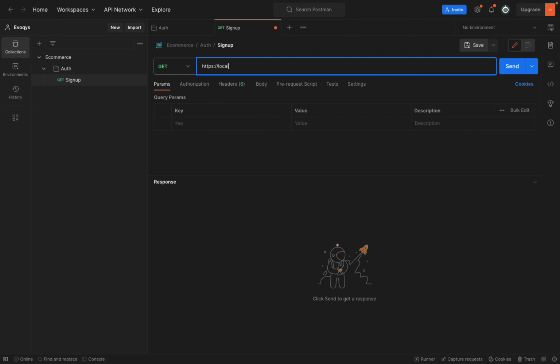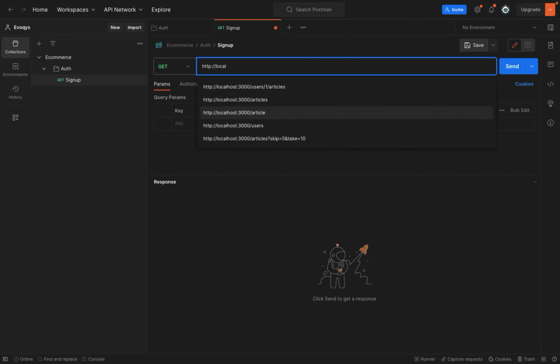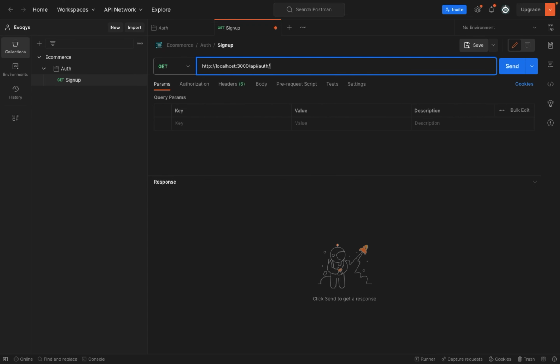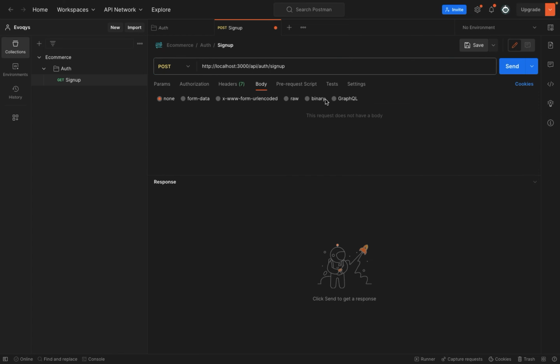http://localhost. It's not HTTPS, it's HTTP. Let's use this API auth/signup. It's a post request, and in the body we will say raw, type will be JSON, and we'll say